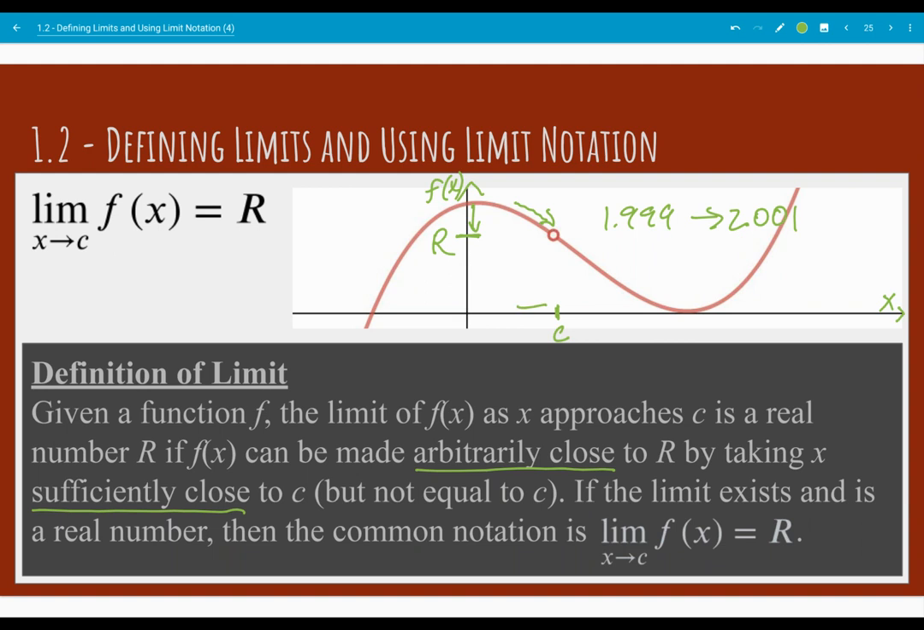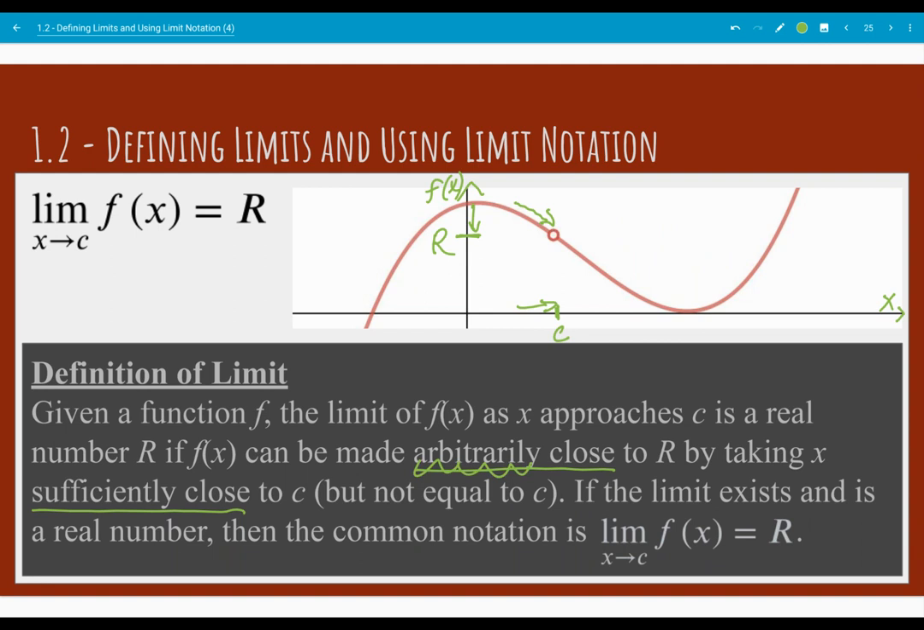As we're approaching c from the left, notice that in this particular graph, we're approaching r from above, so I'm going to be getting values that are a little bit bigger than 2. And at some point, all of the values I get are going to be less than 2.001. So they're still going to be bigger than 2, but they're going to be less than that. The arbitrary part comes in as I can pick really any threshold I want. So instead of a thousandth, let's say I want a millionth. So if I want it less than